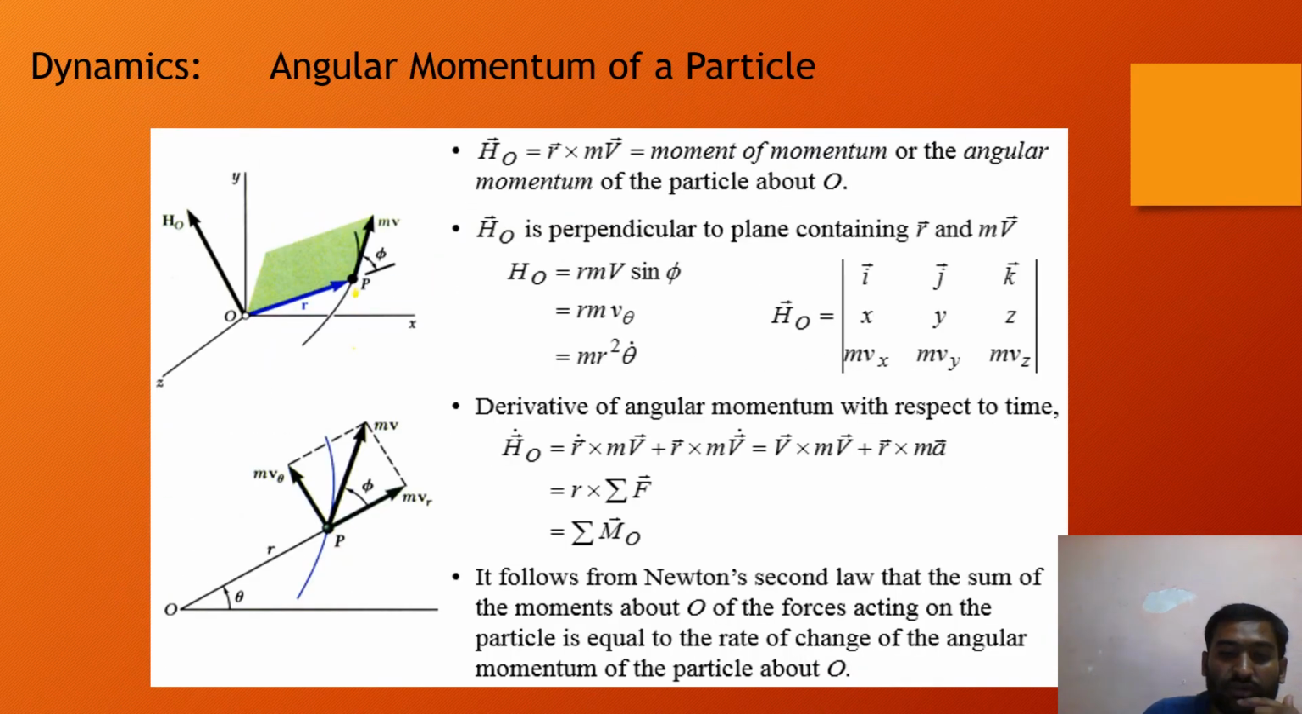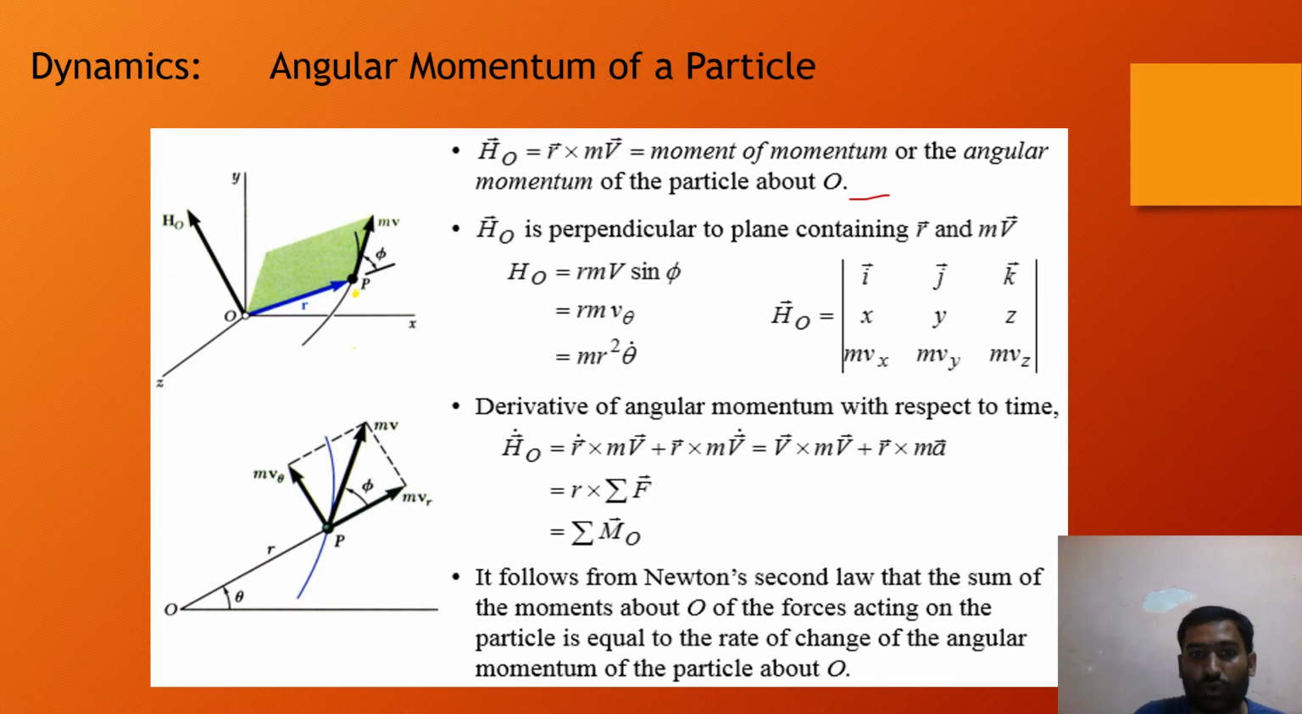Okay, here we will try to cover angular momentum of a particle, the second part of the topics. Now here we are going to discuss H_O, which is equal to the radius times mv, the moment of momentum or the angular momentum of the particle